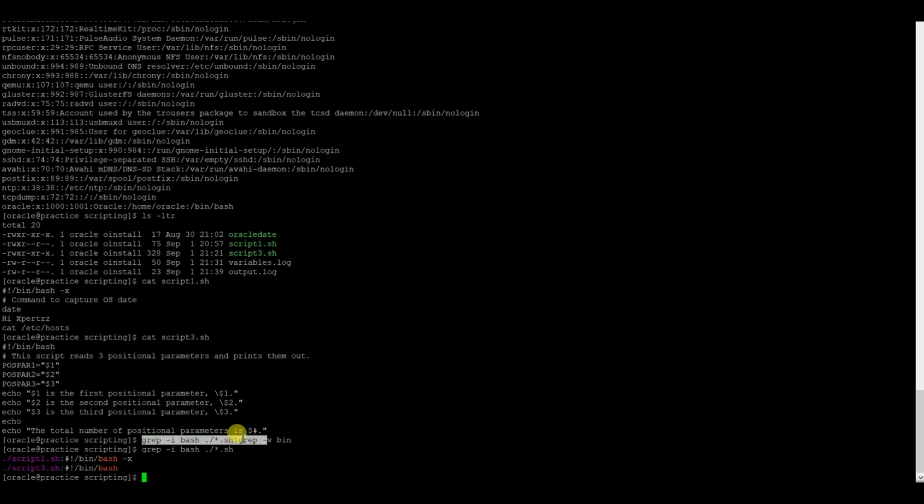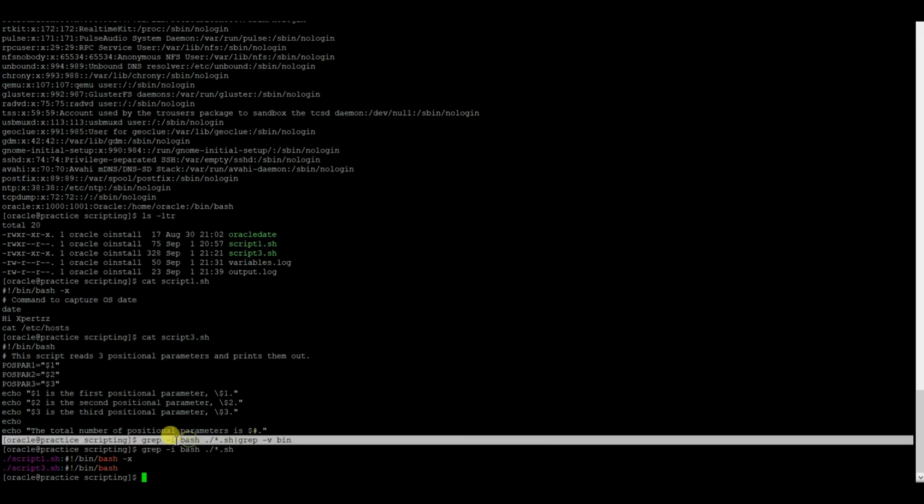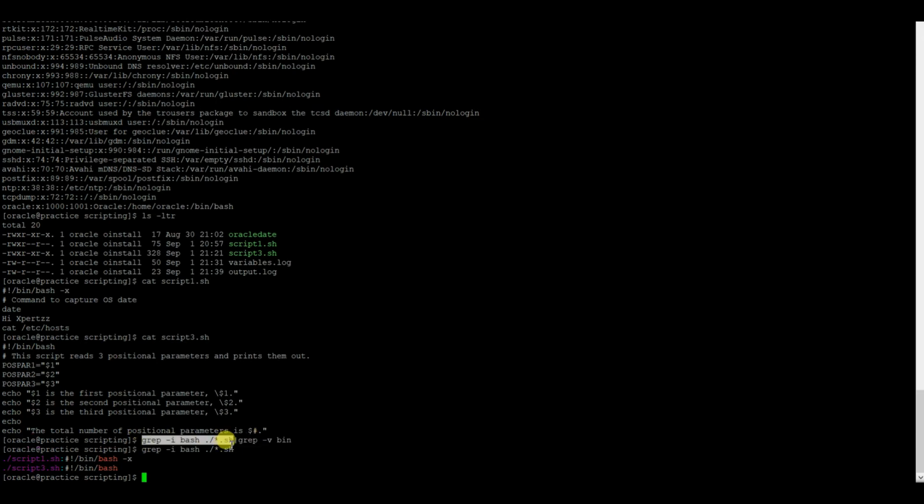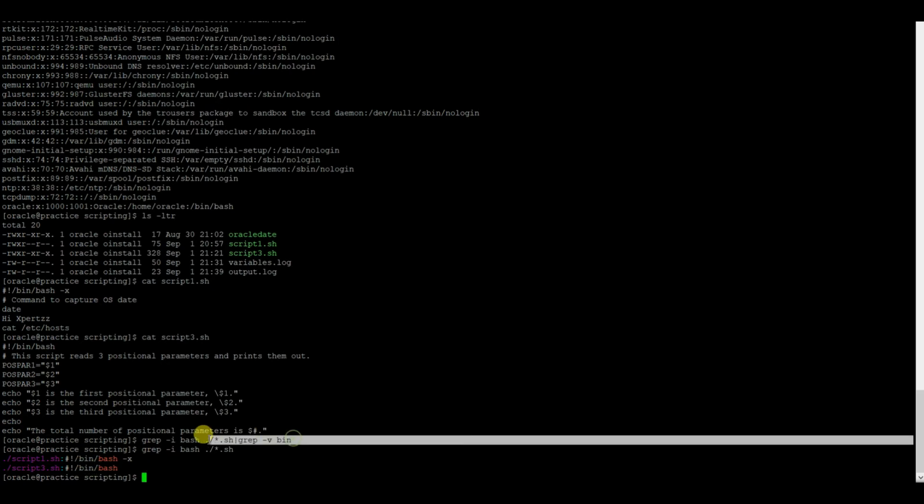Because you can see in here it is grepping this, but the output of this command before the pipe is the input for grep -v bin. So it is excluding the lines with bin. Since both my bash commands had bin in them, that's why it excluded those, and it resulted in no output from this file.